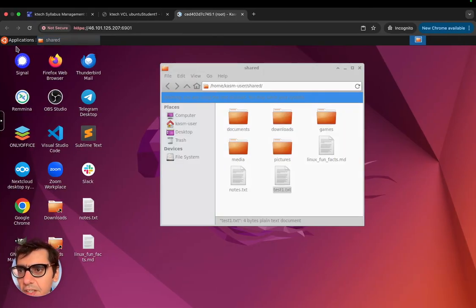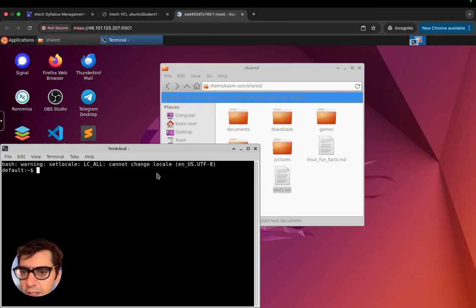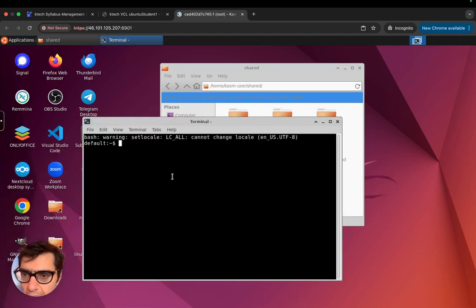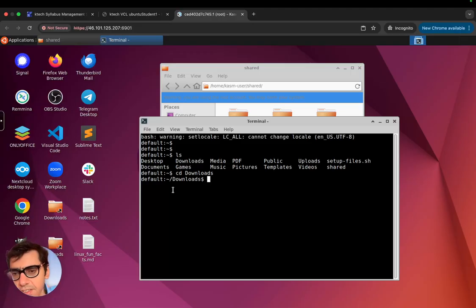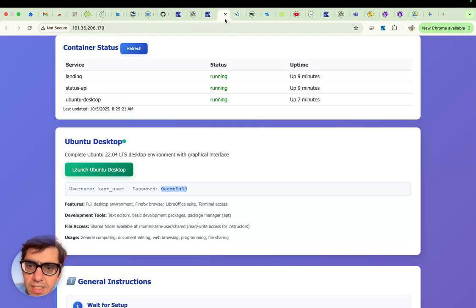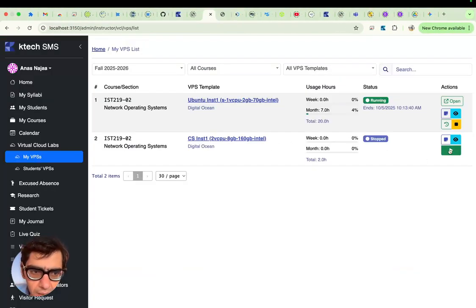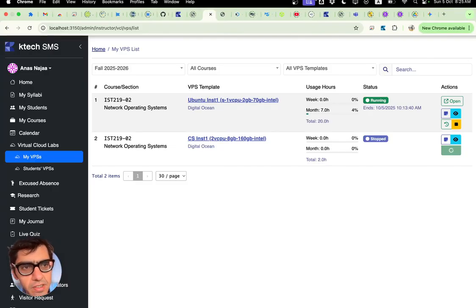You can start the terminal. I believe I installed already some commands. You can teach your lab as usual. For IST219, it's all about the command line. So you have access to the terminal. If you don't like this terminal environment, we can install another one as well. It's basically the same for cybersecurity. Let us start cybersecurity and conclude